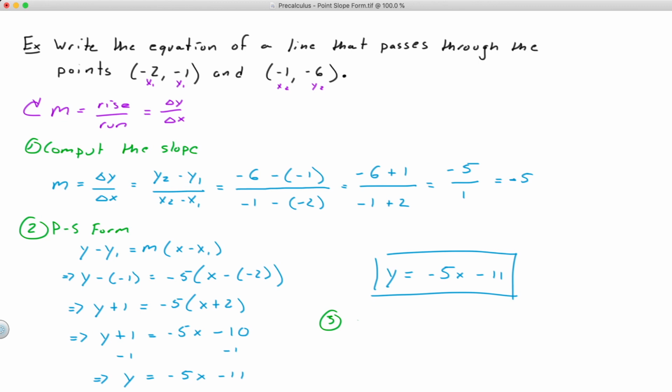And so if we plug in -6 for y and -1 for x, is this actually a true statement? Well, -5 times -1 gives us a +5, and +5 minus 11 gives us -6, and so we do end up with a true statement, -6 equal to -6, and so this works. And so here we have the main uses of the point slope form. When we're given 2 points and can compute the slope, or where we're given the point and the slope, using the point slope form is going to be a really good way for us to write the equation of that